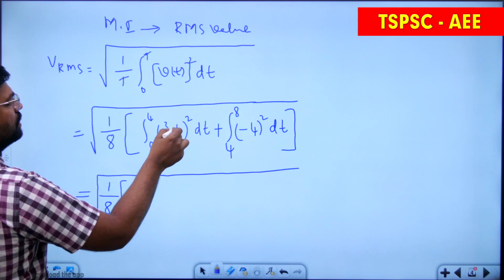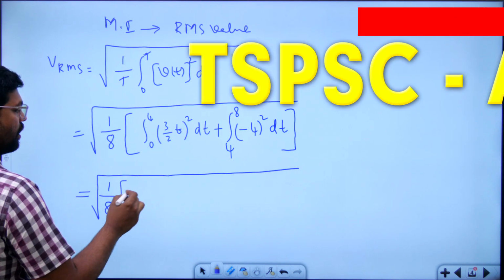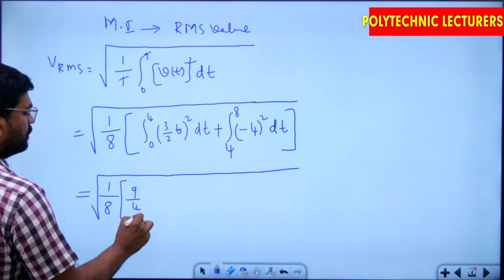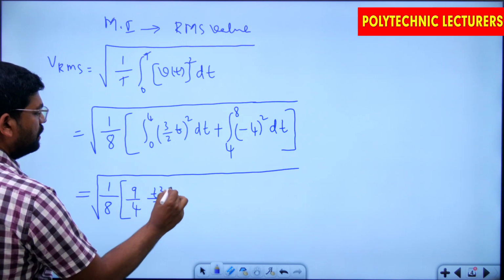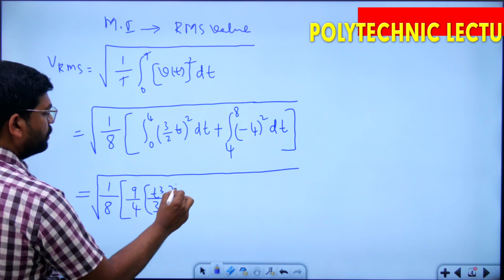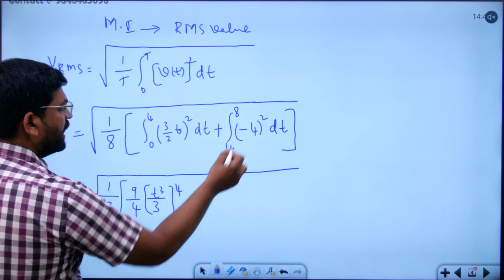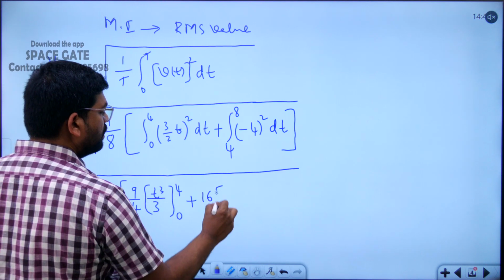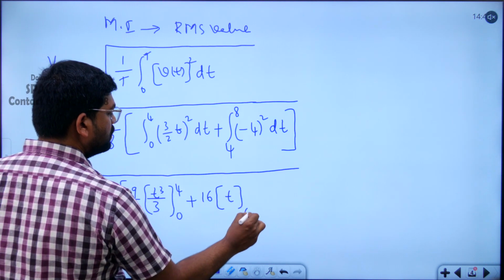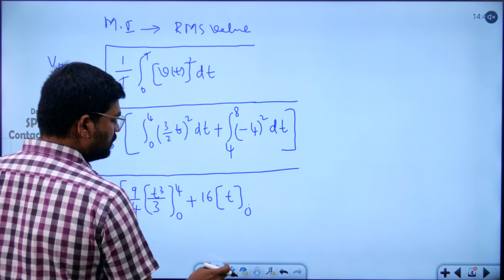Anyway, 3 by 2 t whole square means we get 9 by 4 t square. What is the integration? t cube by 3. Limits are 0 to 4. Next, minus 4 whole square means we will get 16, and just constant means t we will get, and the limits are